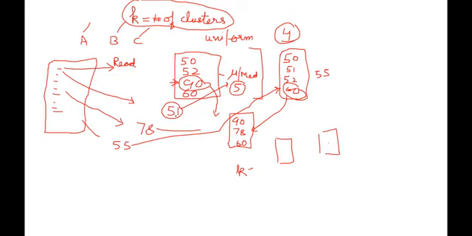Now after one iteration, after reading through the full database, it might be possible that my local mean is not good. So then I will iterate again. I again compare each value, till there is no swapping between the elements in the clusters. So after one iteration, this is not a stable way. It might be possible that the clusters which are created are not uniform. So again, I have to run it again. And after doing so many times, till there is no swapping between values, then these clusters are defined.